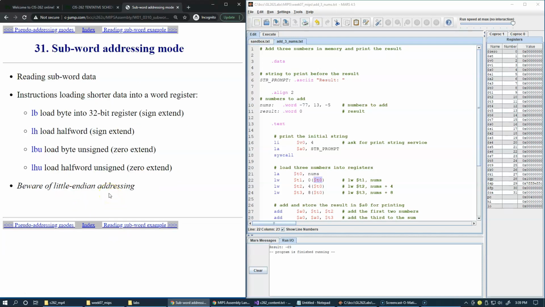Corresponding instructions also exist for loading and saving smaller integers in memory, such as byte or half word. There are two versions of these instructions, and the reason for it is that we're always loading a subword size integer into a 32-bit size integer. So for example, a byte